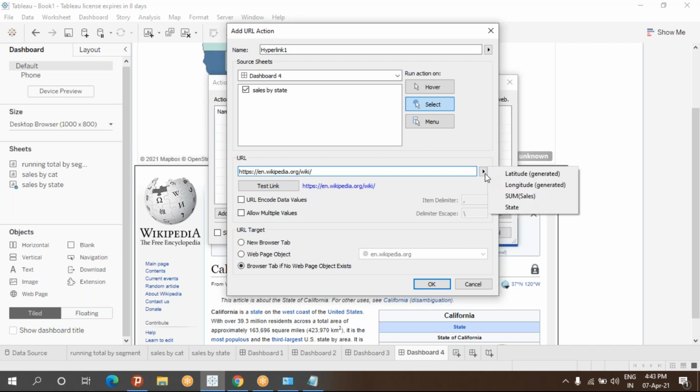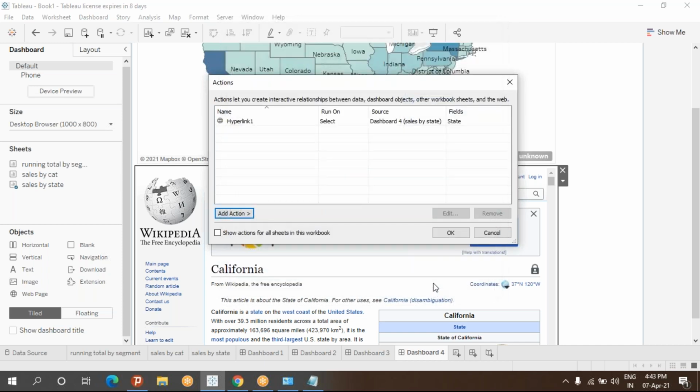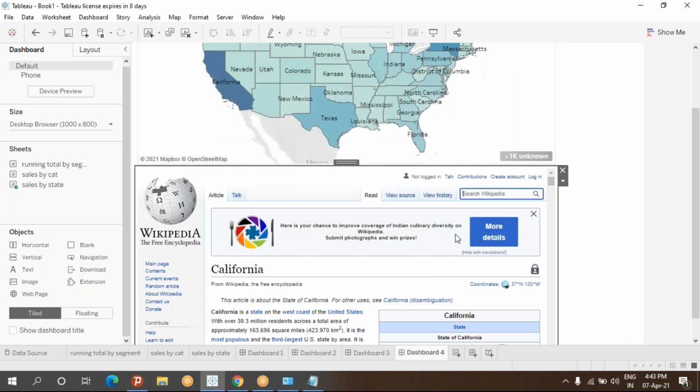Click on this. Go for the state. Just click to add the state action here. Then finally just click on OK. Okay. And then finally click on it. So done this one.